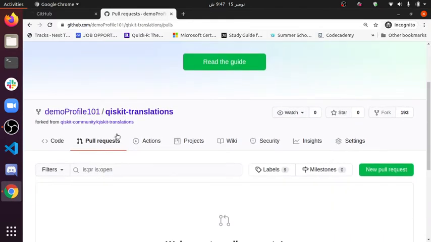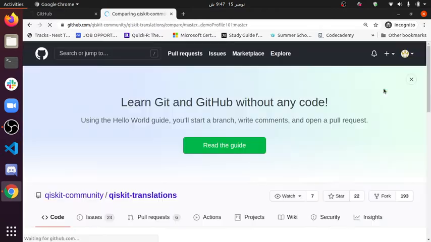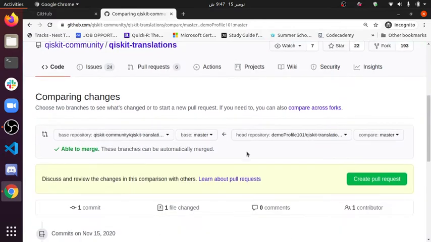When you click on the pull request button, it will take you to this page, welcome to pull request. Awesome. Now we have to create a new pull request. We will click here on this green button which says new pull request. It's loading.